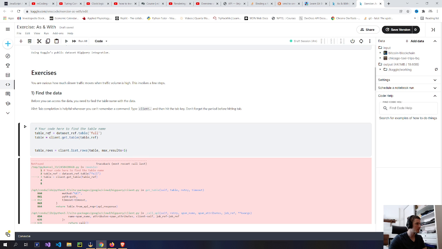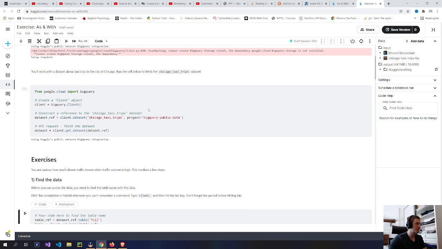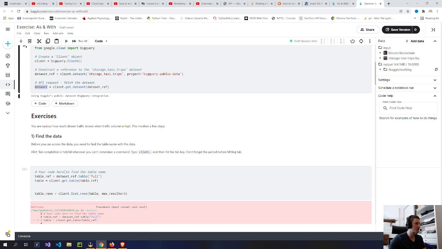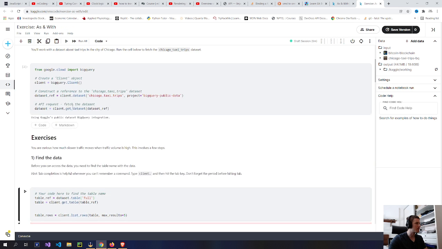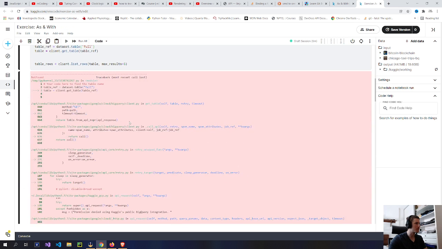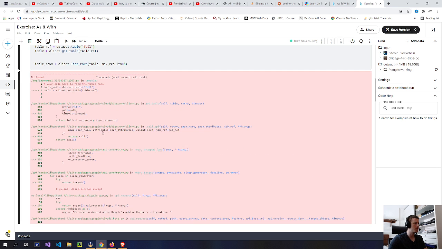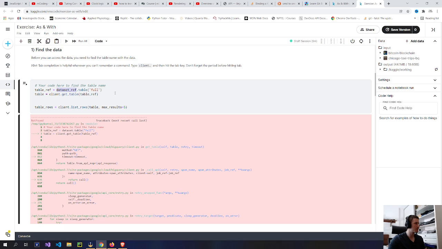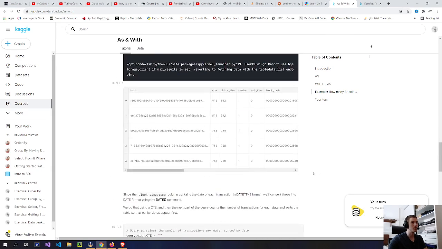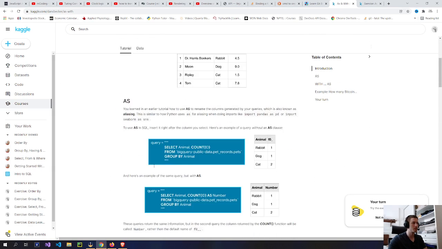Client.get_table. Or I can try to do dataset here instead, but I feel like it's gonna be wrong because I don't want to access the get dataset method. I want to access the reference to the dataset. And I'm getting the same mistake, so I think I'm gonna go back and look at the tutorial